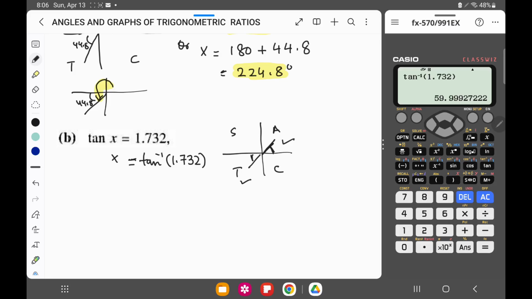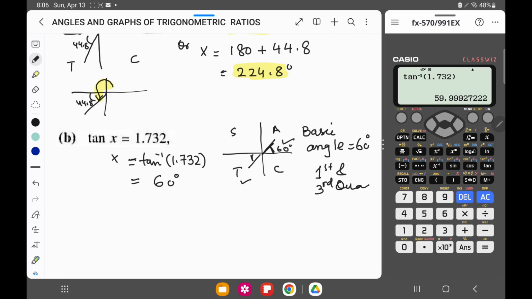So the basic angle is 60 degrees, which is in the first and the third